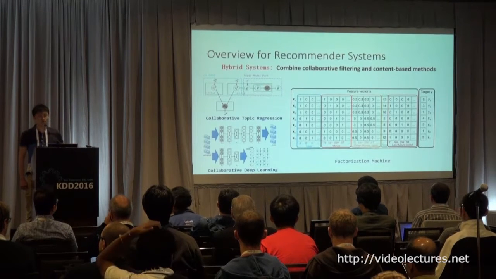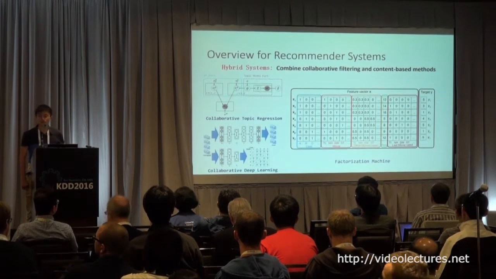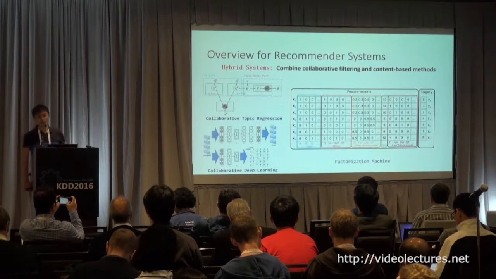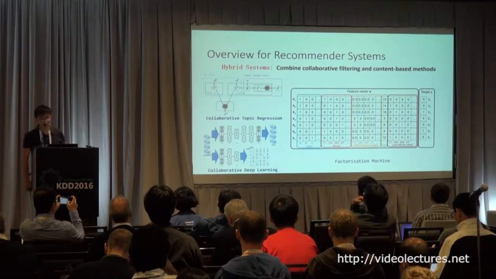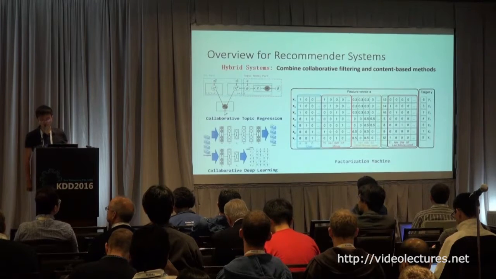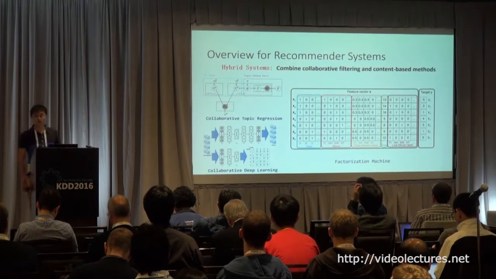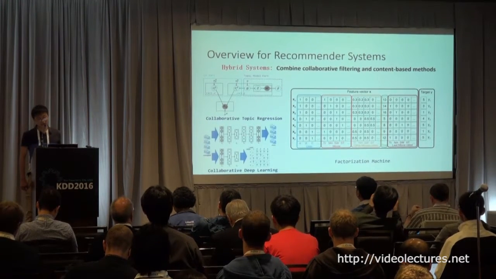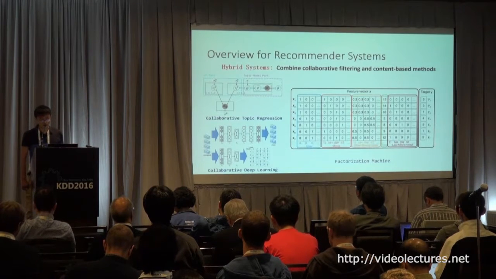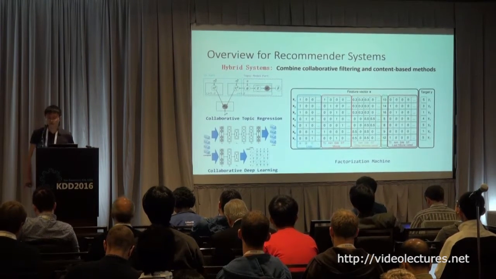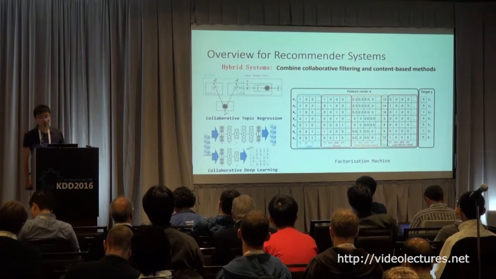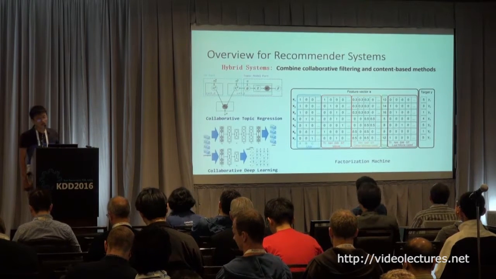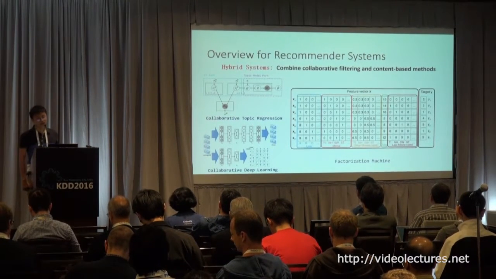Another method is the factorization machine. This is a very popular tool in recommendation systems proposed by Steffen Rendle. This model will fit factorization models with some raw features and usually can achieve good performance. In a word, these hybrid methods are very good for data sparsity and cold start problems, but they also have their limitations, because the content features they depend on are either only raw features or depend on a single domain.